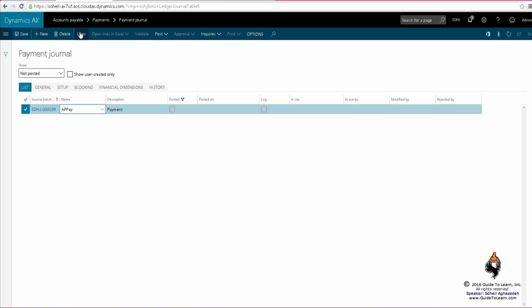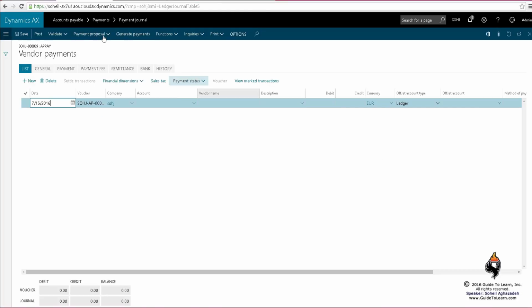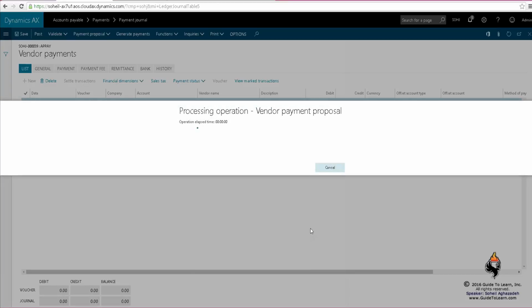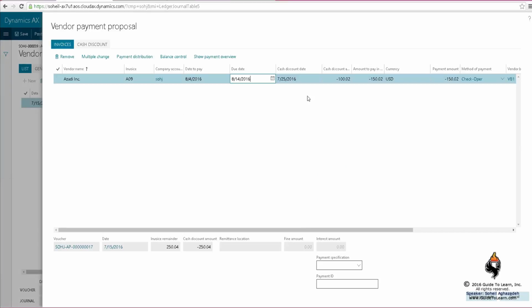Take a look at the line, making sure that the payment proposal is going to pick up all the remaining liability. I just have to make sure that I don't have any filter here, and I'm looking at every single possible journal or every possible document that is waiting for me to settle. The payment proposal is going to bring up that value for me.